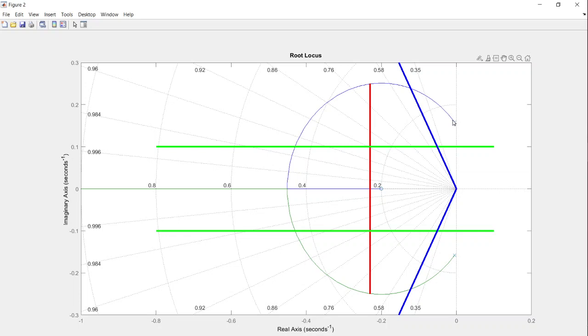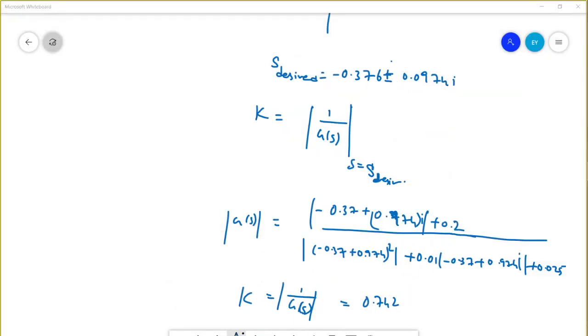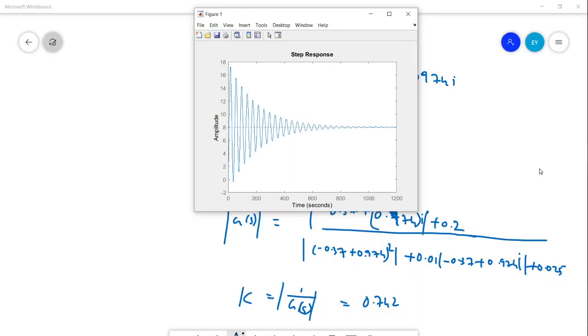Okay, if you select a point here, you can see for the given g value, gain means k value. Gain is nothing but the k, and at this point, when I select the point here, that point gives the pole as minus 0.0098 plus 0.19164i, and here damping is 0.05 and overshoot is 82%. That is why you are getting a closed loop response like this.